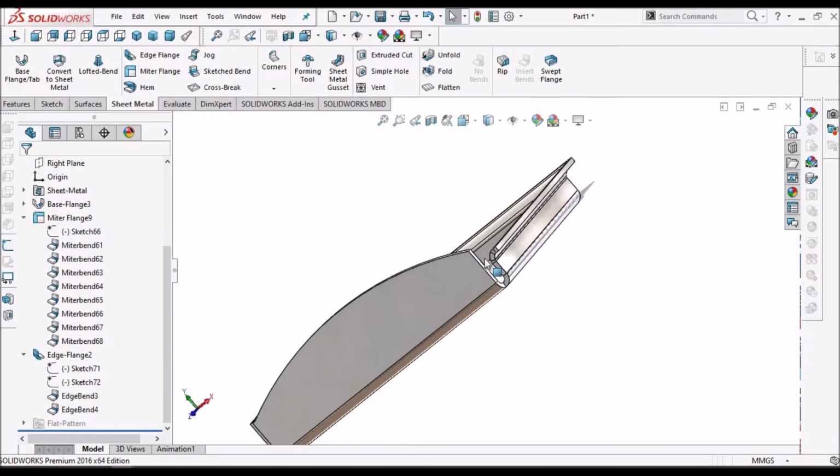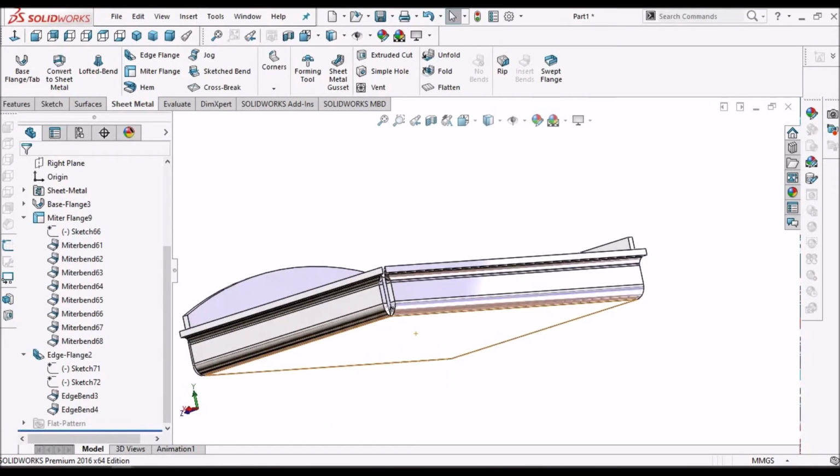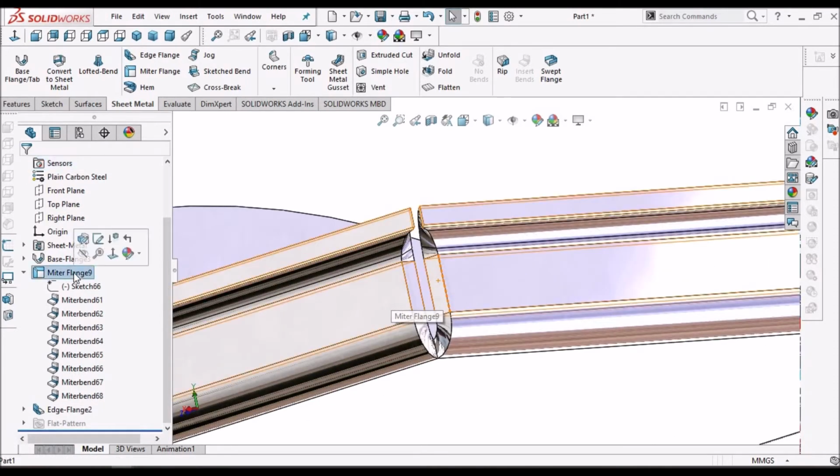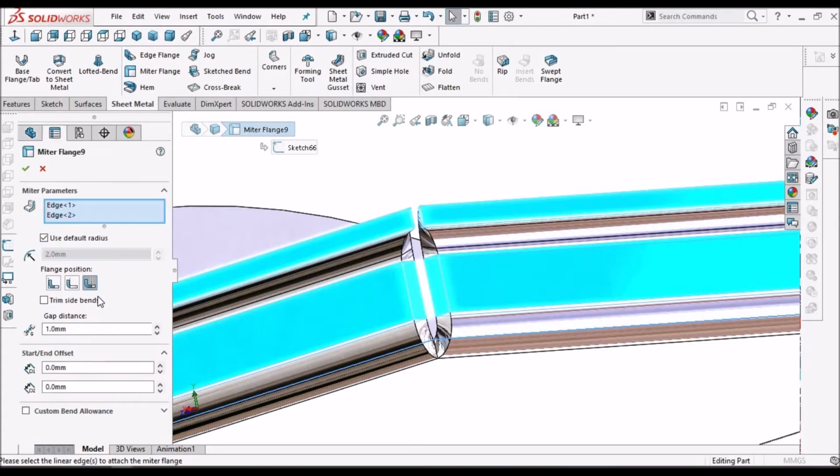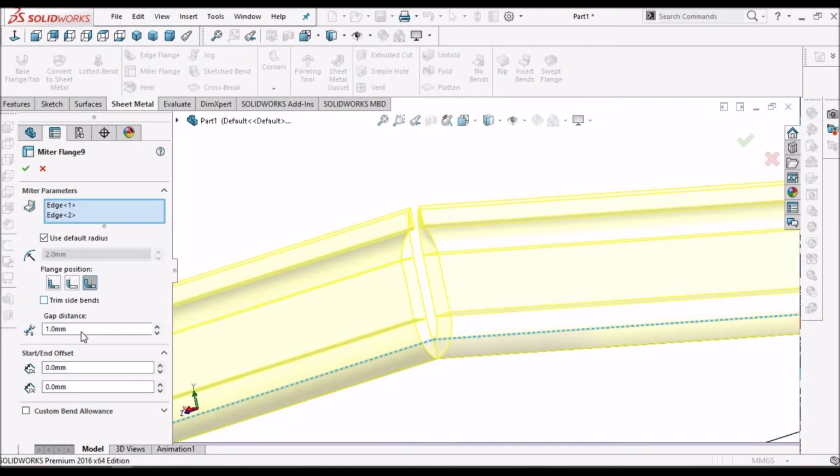Okay, now how to maintain the gap between two flanges. Here I have given 1 mm. Now I am going to take 0.1.